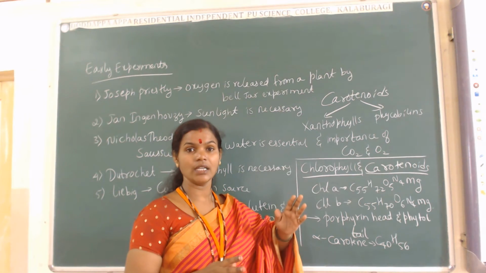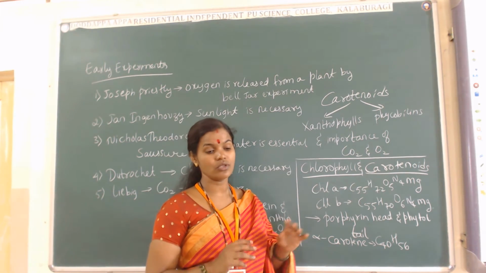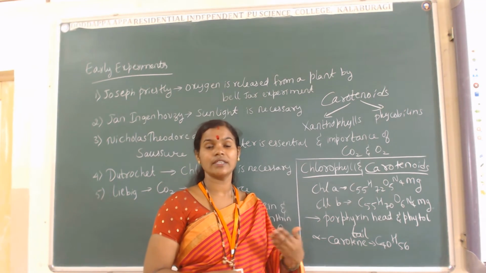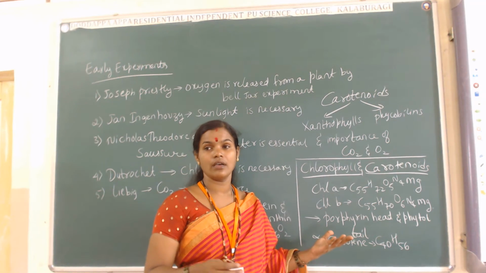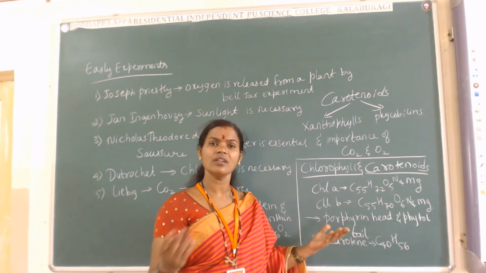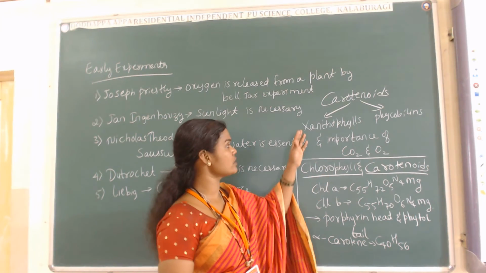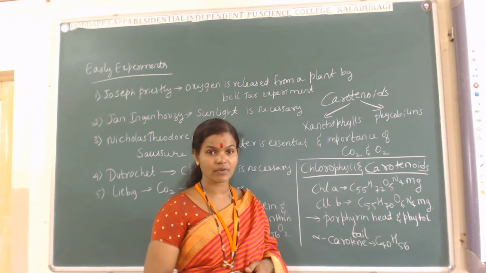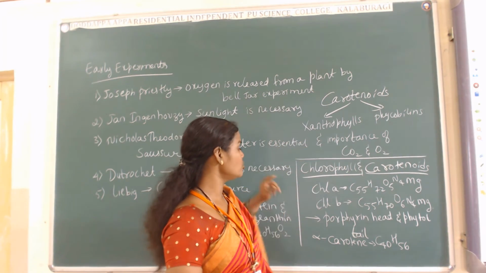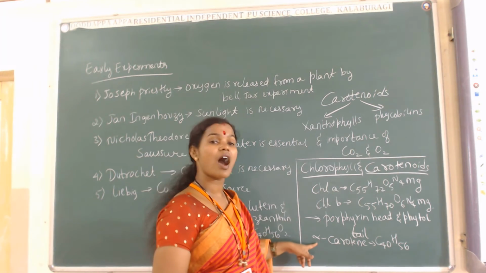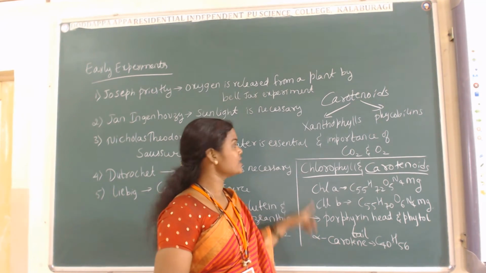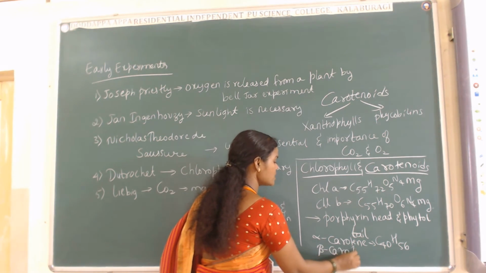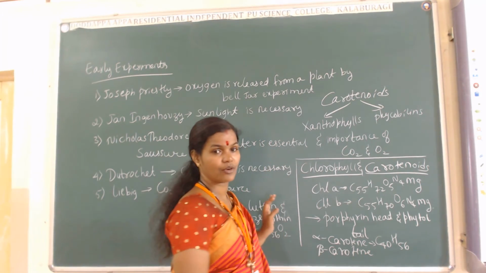So apart from the green color, the leaves you have seen have a variety of colors, like purple, yellowish, green, somewhat grey. All these varieties you are going to see because of these colored pigments. Xanthophylls and phycobilins are the two types of colored pigments. In the xanthophylls we are going to see alpha carotene and beta carotene.